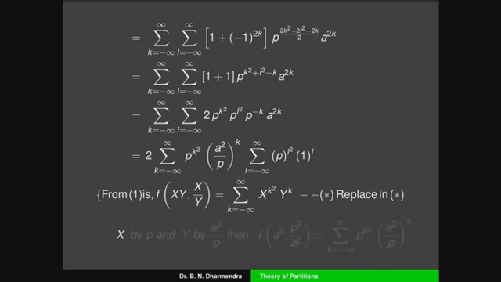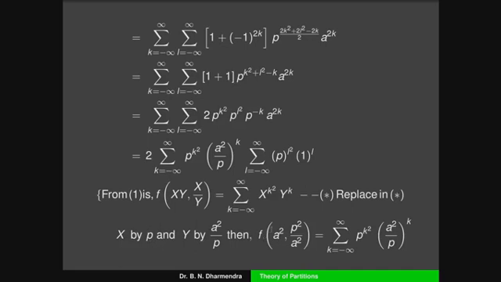So we can call this one equation star. We have to replace x by p and y by a square by p. Then the terms are x into y. When I multiply x into y, that is p into a square by p, so p and p get cancelled, and it is only a square. And also the term x by y: x by y means p divided by a square by p, which again goes to the numerator, that is p square by a square.